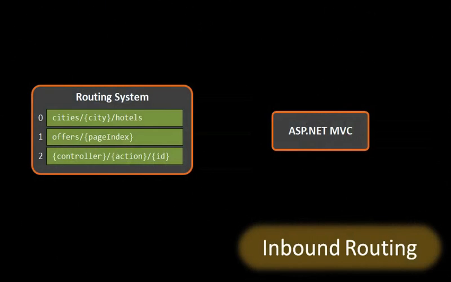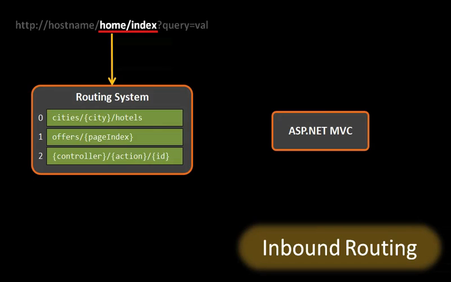Let's have a quick look at how it does its first job, inbound routing. When a request comes into your application, an ASP.NET module called URL Routing Module catches it and inspects the URL. It only considers the path part of the URL, which means not the protocol, not the hostname, and not the query string, just the part that looks like it could be a path on disk. Now you'll have configured the routing system with one or more route entries, each of which describes a URL pattern to match, plus other configuration settings such as default values for placeholder parameters.